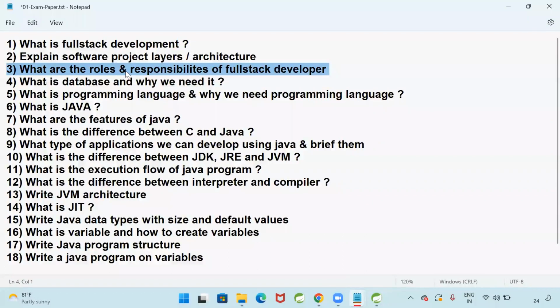All of you completed? What are the roles and responsibilities of a full stack developer?